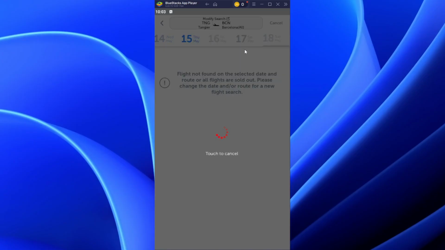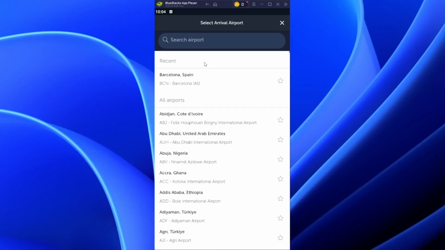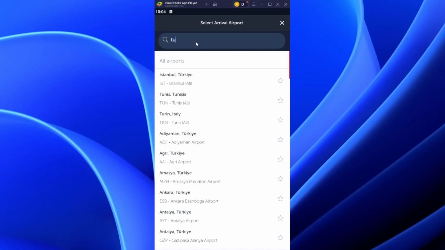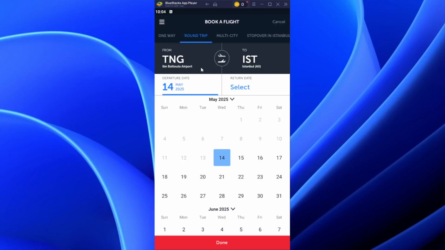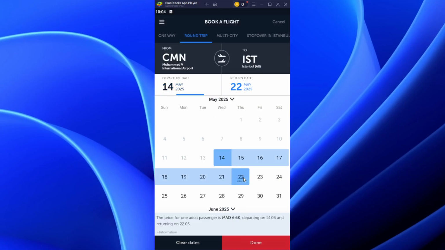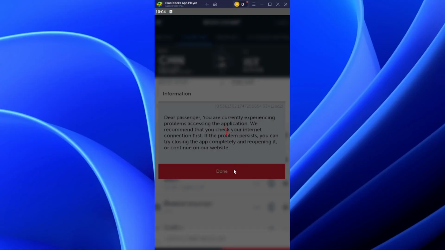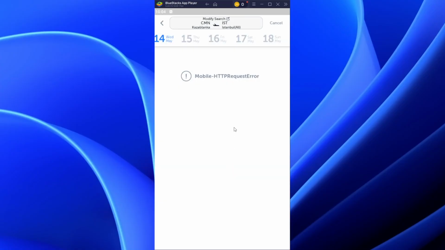Of course, you may not see any flights at the moment, but let me just go and change where we should go. So as an example, I'm just going here to this place, and here I'm just going to change it in this place, and then do done right here and search flights again. And as you can see, let me just go and done. Of course, the app here is just showing a problem, but normally here you'll find the prices of the flights